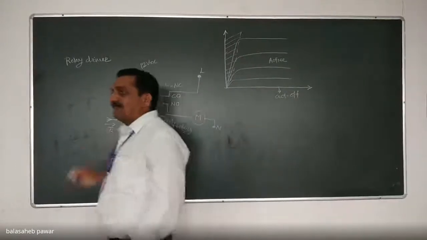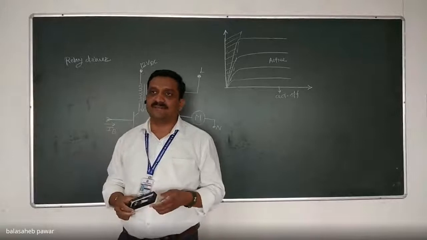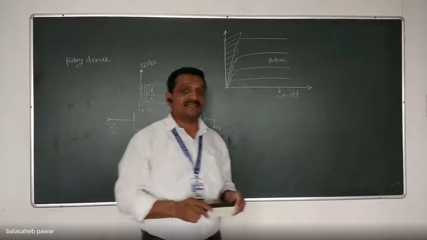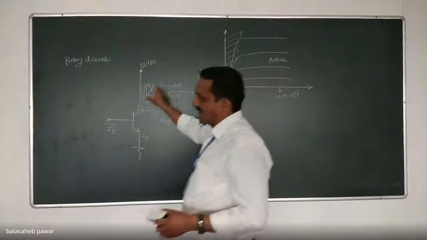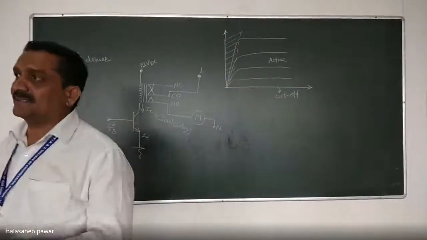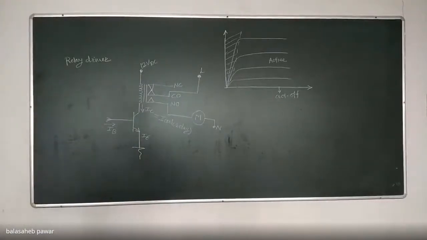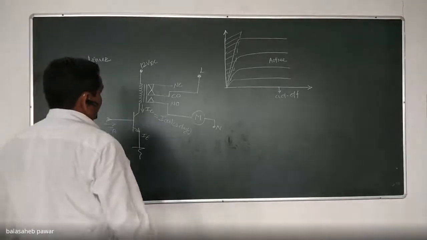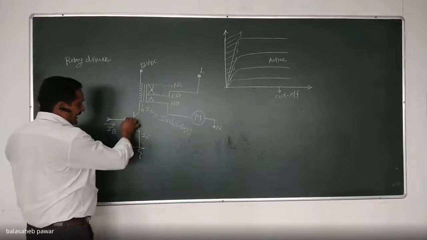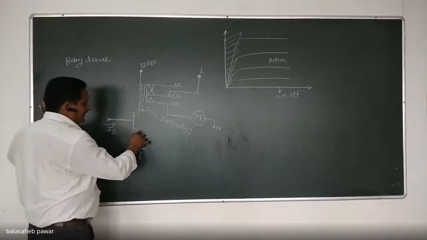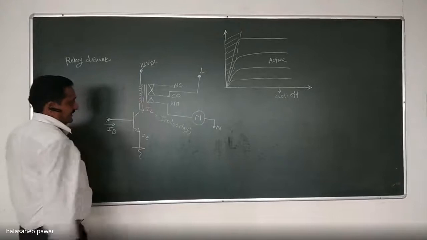Now, what is the application of transistor in this case? Application is as a switch. Right now, means we have to turn on and turn off the relay. That relay itself is acting as again switch to either make the path or break the path for that 230 volt supply applied to the motor, that single phase AC motor. There are two switches. One is our active switch. By using that active switch, we can turn on and turn off the relay, right?